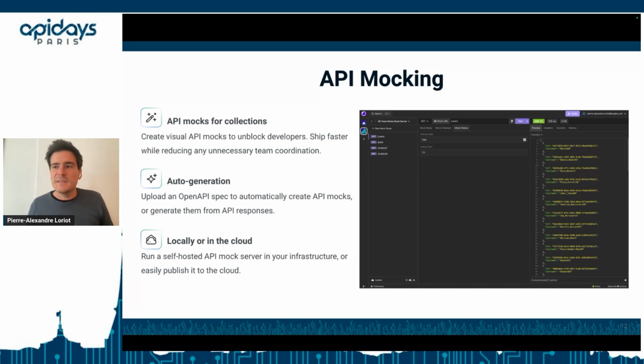Kong provides on its gateway side a mock plugin. The mock plugin can simulate, based on an OpenAPI specification, the response to the consumer. If you do not have Kong Gateway, you can also use the Insomnia mock server to do the mocking. How does it work? Two options. You can rely on a SaaS mocking server, so you have nothing to do. Insomnia provides a SaaS URL with the Insomnia domain, and you just have to add the path at the end of this URL. It's a public SaaS URL, and behind each path, you can define scenarios of response values